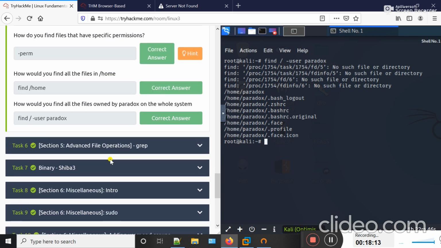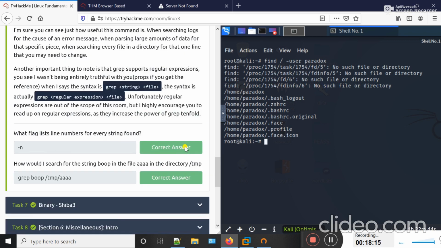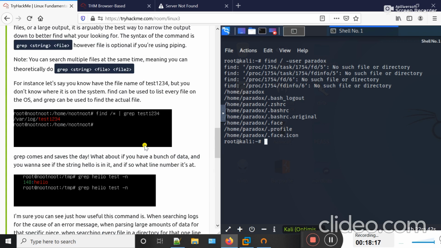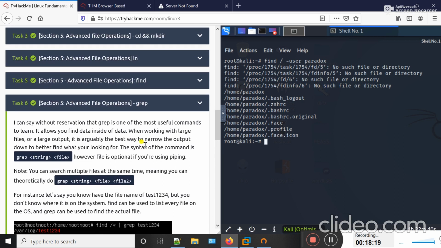So let's move to the next task, that is the grep command. Basically the grep command is used to find some specific data from multiple data.